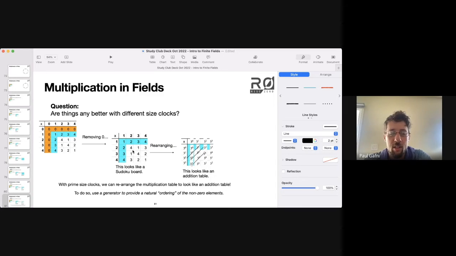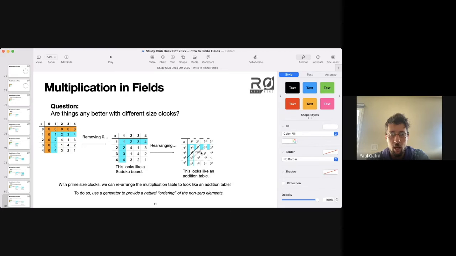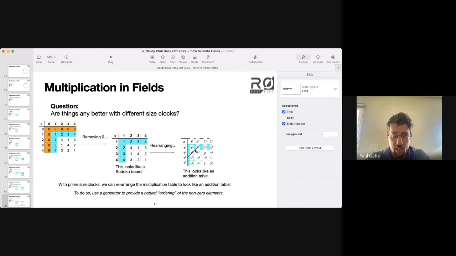I pointed at the diagonal in the wrong table. The middle table doesn't look like an addition table. It's the far right table that looks like the addition table. And so I apologize for misleading you in answering that question. Okay. But if I step back to here,